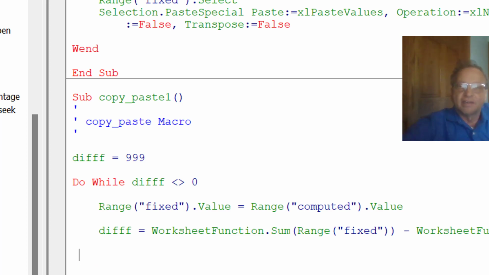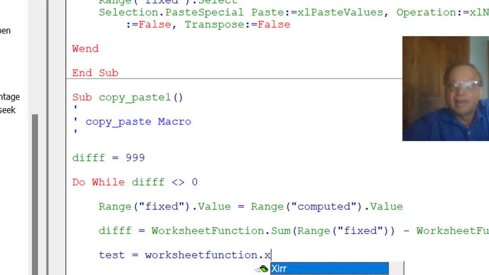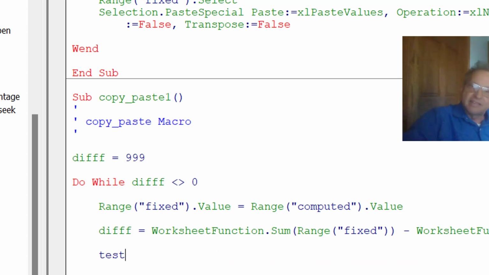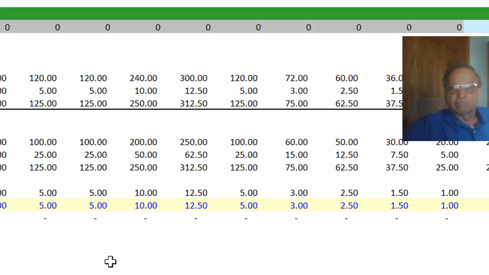If you put up here test equal worksheet dot XIRR, and then you could put in your range name, you can put the range you have, and it'll just do it. So the nice thing about this is you can redo a whole bunch of things in Excel. This is a tiny little bit more advanced, okay? And I'm going to stop this right now. Bye. And we're going to go to